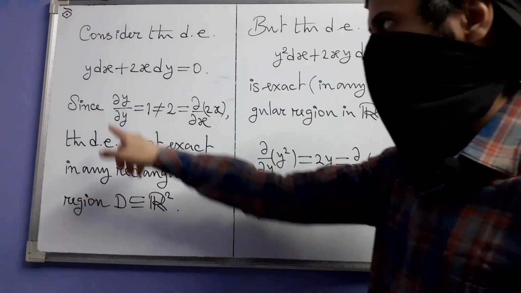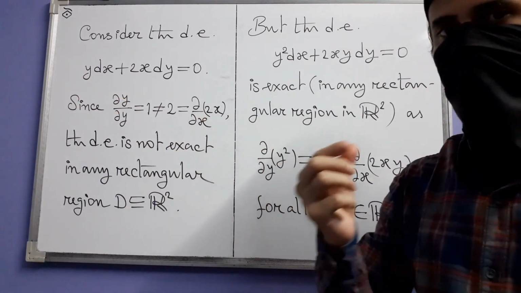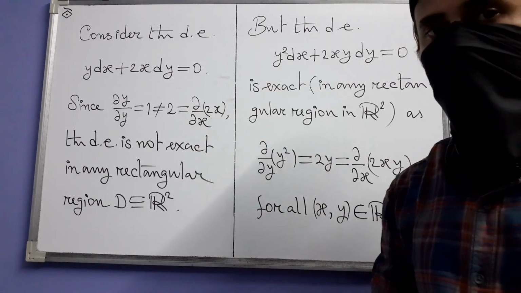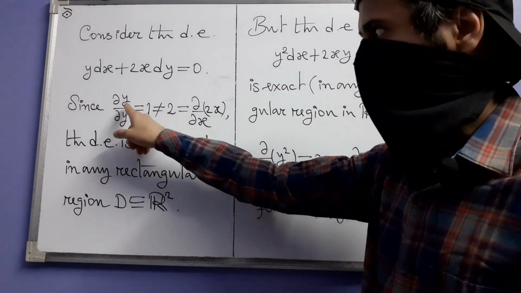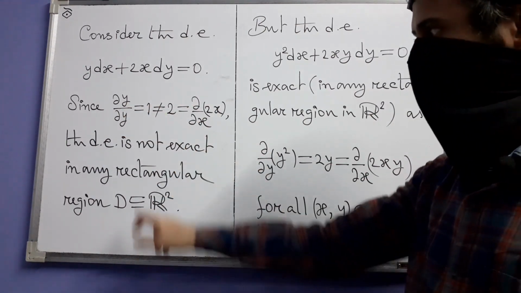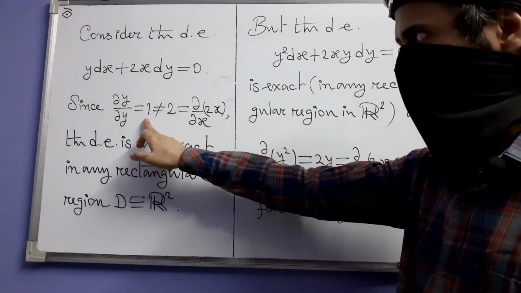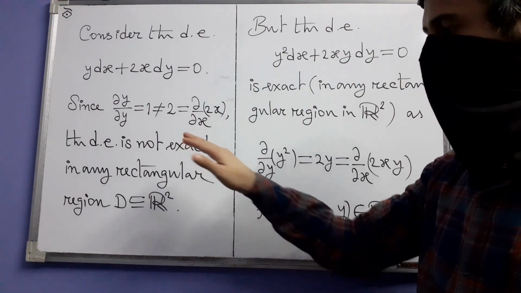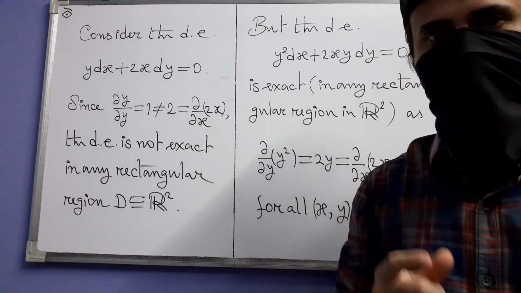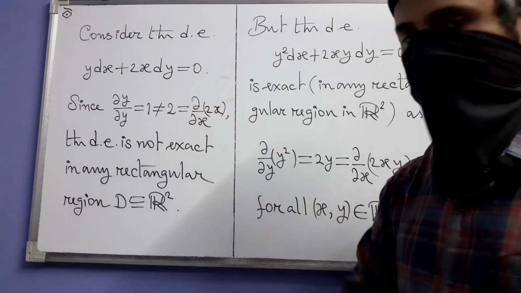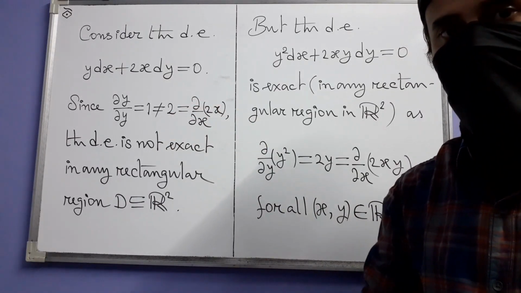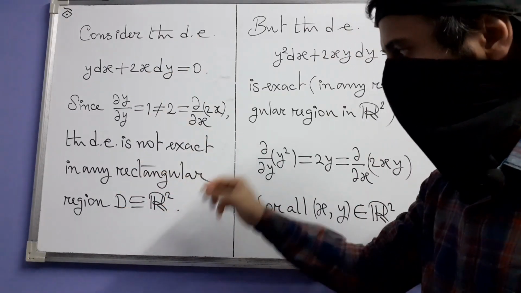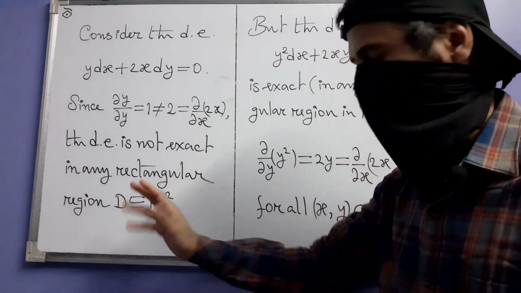Why is it not exact? It is of course of the form M dx plus N dy equal to 0, where M is y and N is 2x. So if you calculate del M del y, then you are getting 1, whereas del N del x is 2. And at no point (x, y) in the plane R2 are these two equal. They are never equal, and that is why the differential equation is not exact anywhere, in particular not inside any